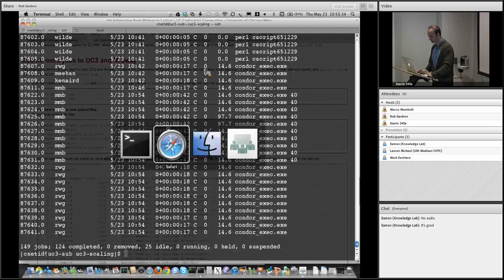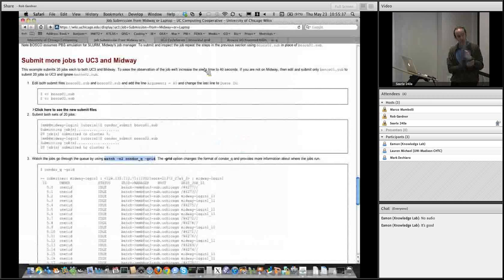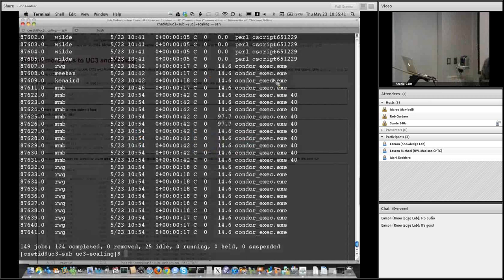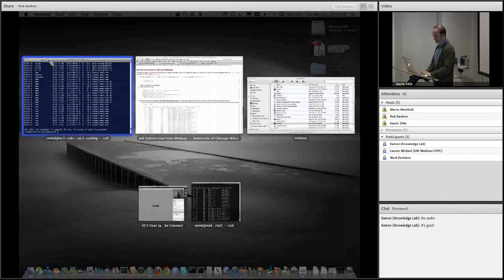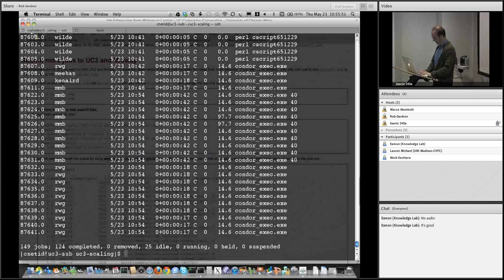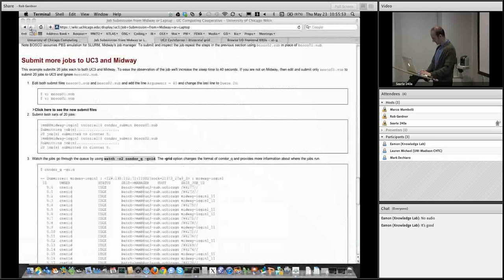And these jobs will be just, so another thing to note here is that I use just condor_q without adding my ID, because Bosco is my own personal installation. So if I show the queue here, I see only my jobs. If I go back to the terminal that I had before